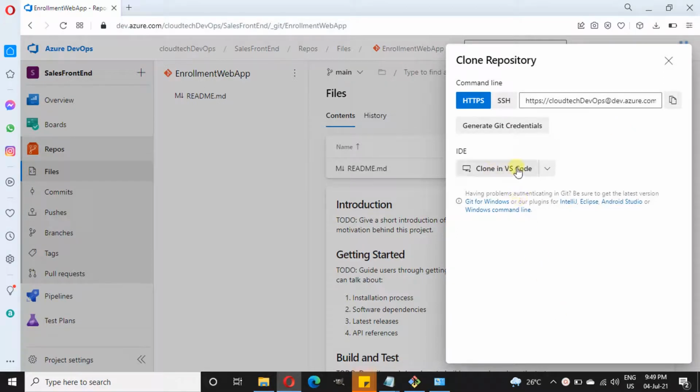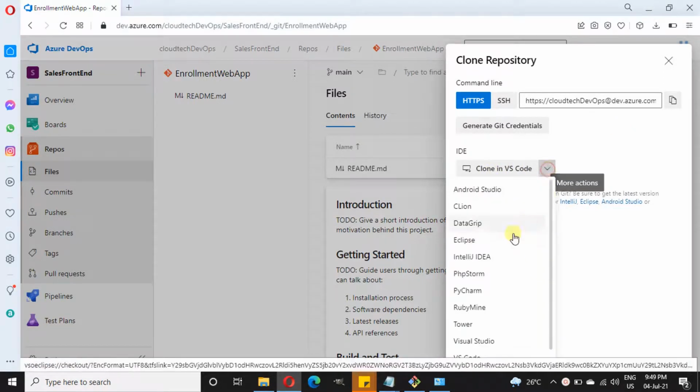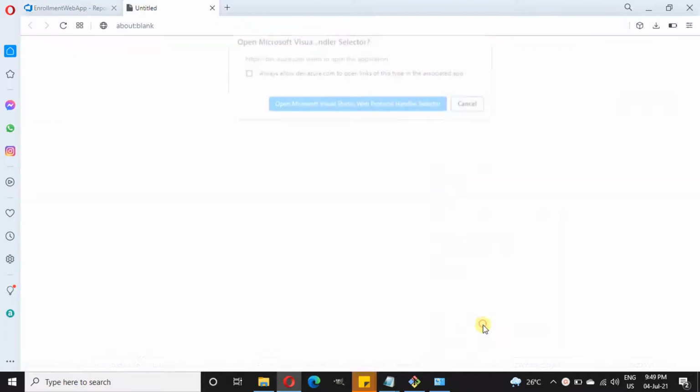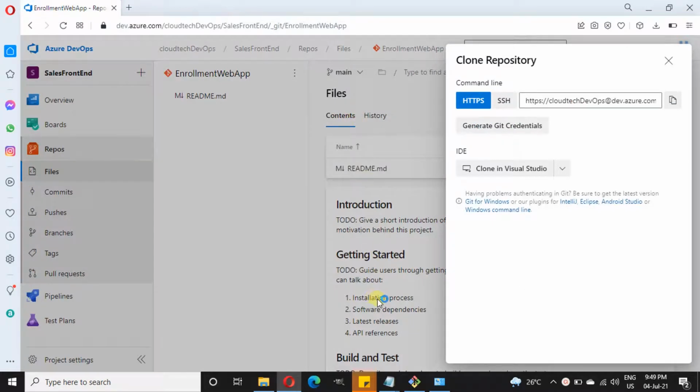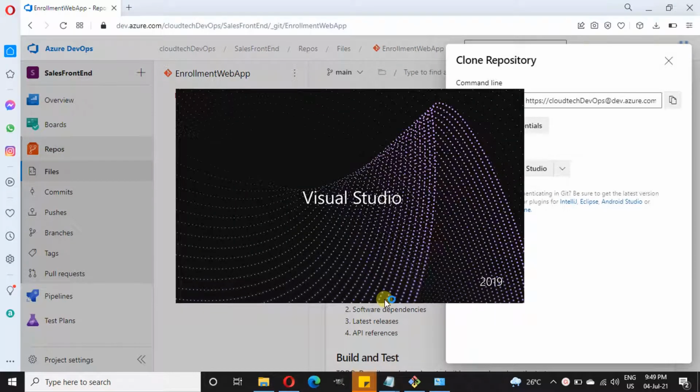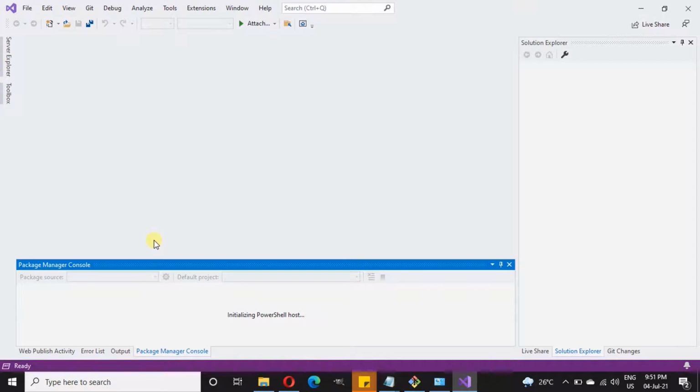Now in DevOps portal you have option to clone with IDE. Now select your IDE. So I'm selecting Visual Studio. Just click open Visual Studio handler. Let's wait for a couple of minutes to load. Usually it will take some time. Visual Studio now open and it is loading in the background.